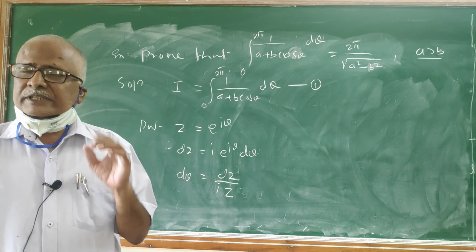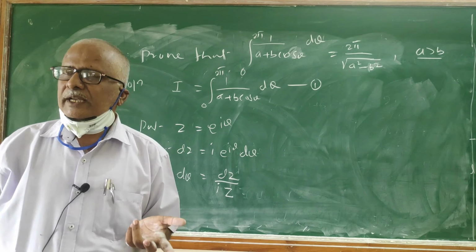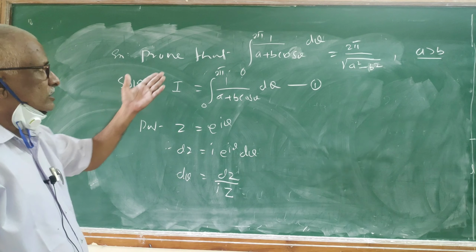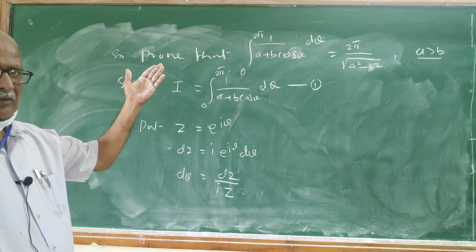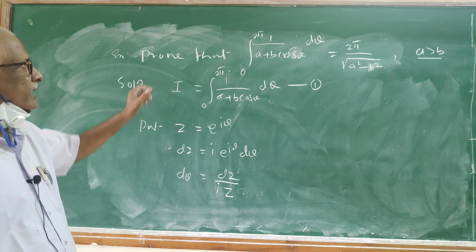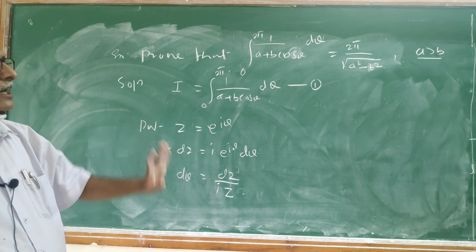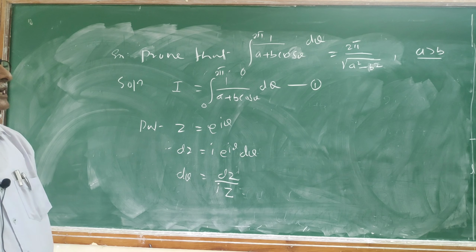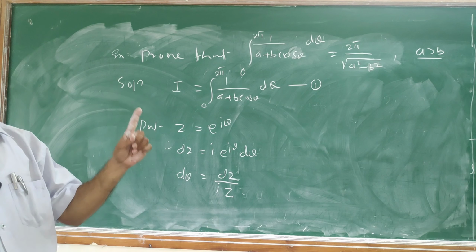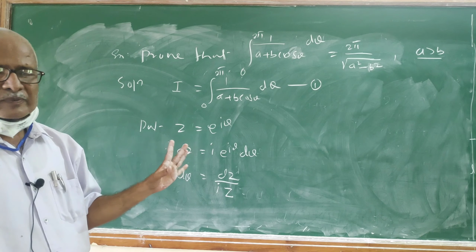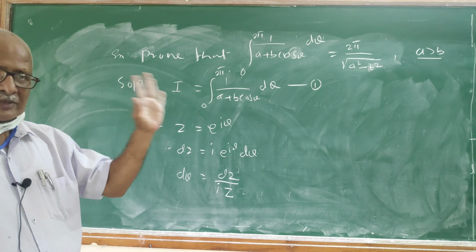So we shall take problems on it here, and see how we actually go through the problem and how we solve it. For this we shall choose the most standard form of a problem. Prove that the integral from 0 to 2 pi of 1 by a plus b cos theta d theta is equal to 2 pi by square root of a square minus b square. And always here the condition is a greater than b. A must always be greater than b. Why it is so, I will explain later.